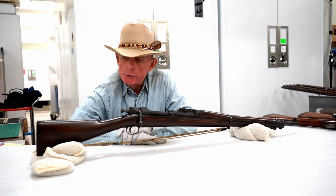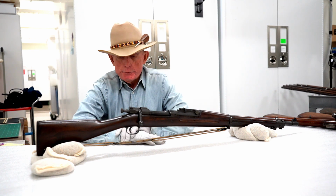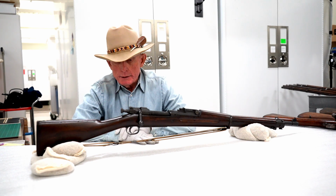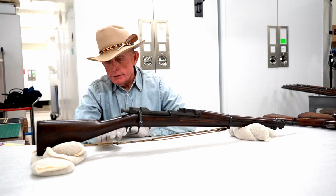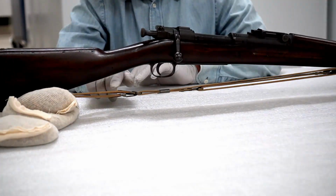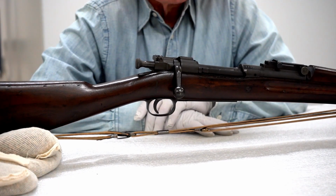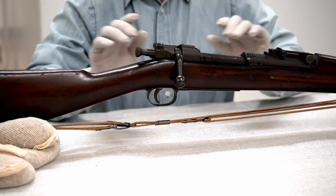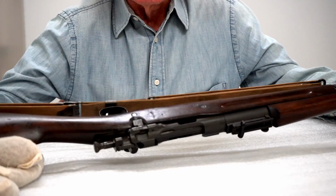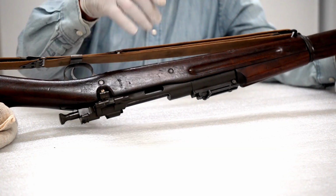This is actually an 03. There was another version called the 03A3, the difference being a little bit in configuration. You can identify the 03A3 because it has a pistol grip on the stock as opposed to this straight line stock. This is really cool because it's a Mark I, and it has this cut right here on this